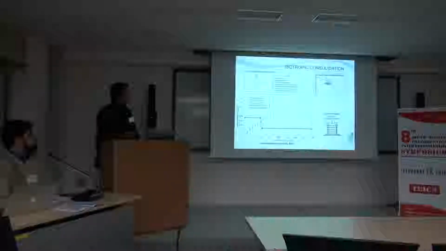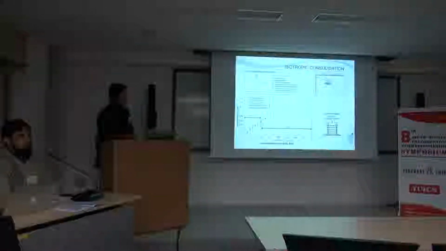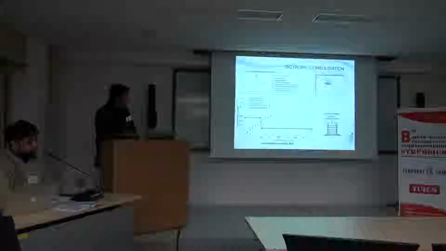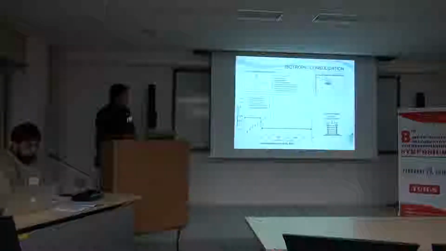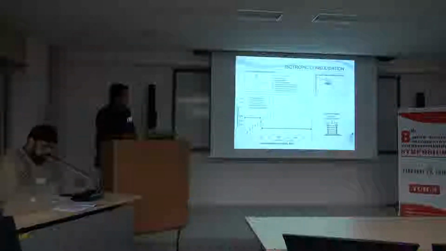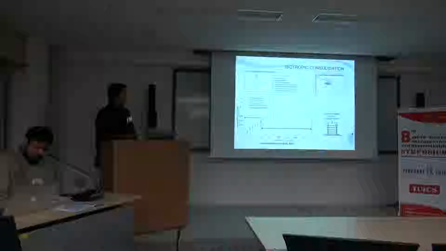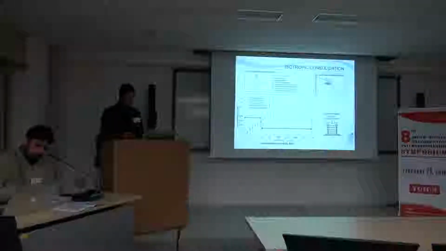In this research, the isotropic consolidation process was used. The pre-consolidation pressure on all the specimens was approximately 100 kPa. Therefore, we can see that up to 100 kPa, all the specimens behave isotropically. But after that, some anisotropy in the specimens was observed, and this anisotropy was observed in the specimens which had isotropic pressure of more than 100 kPa.